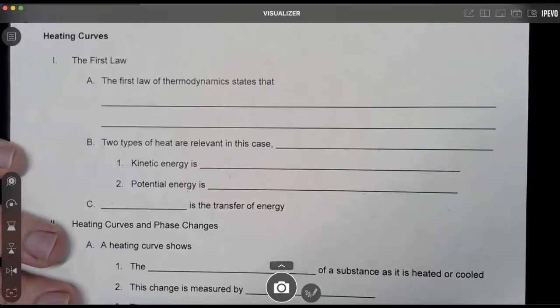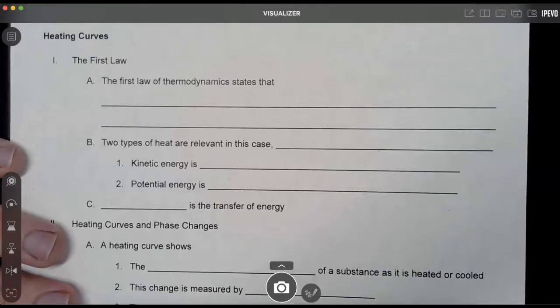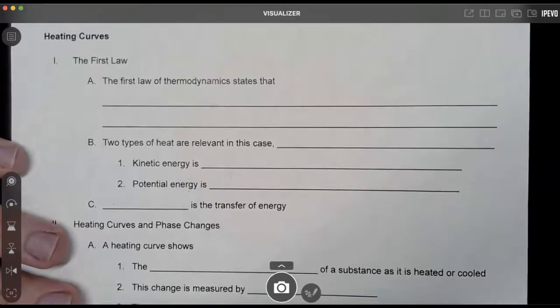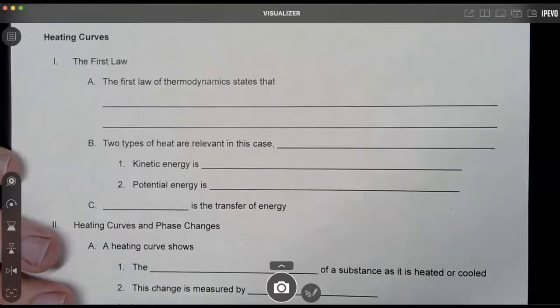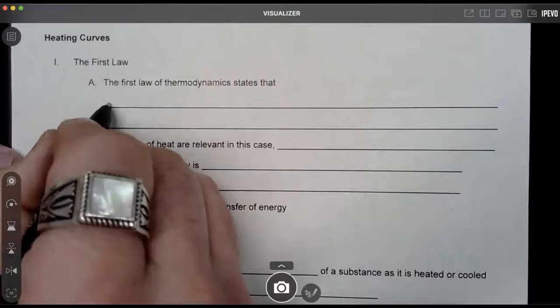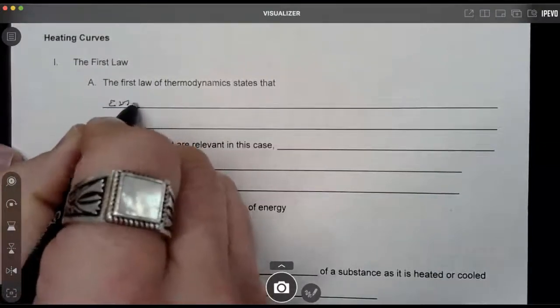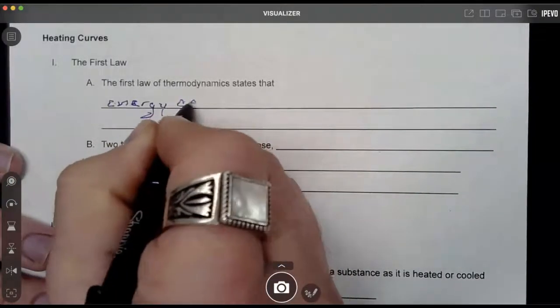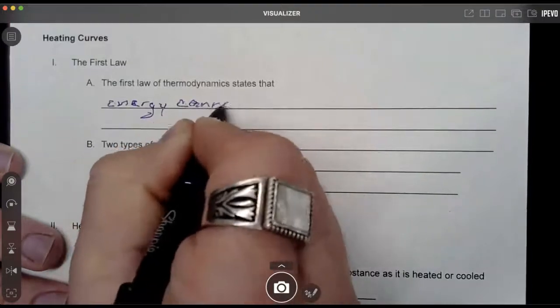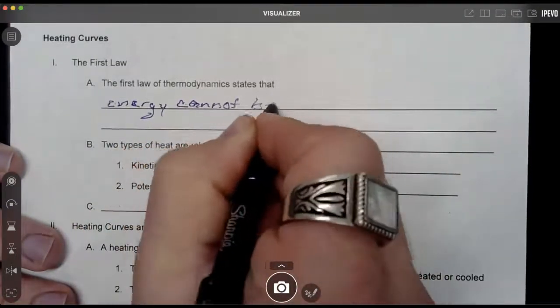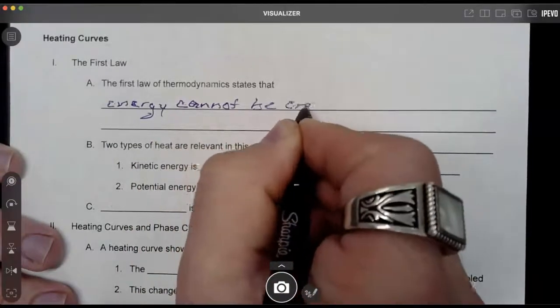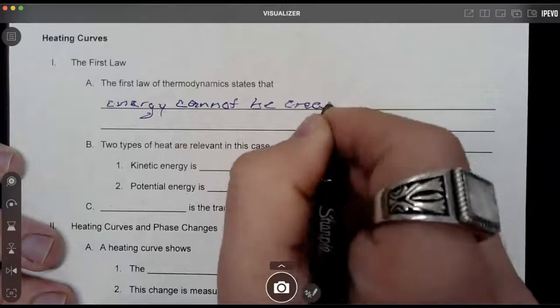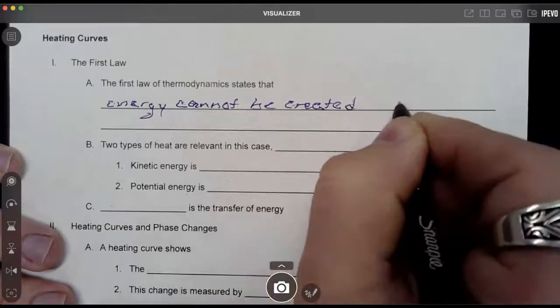So when we talk about heating curves, the first thing that we want to talk about is the first law of thermodynamics, because essentially what we did in the lab was we changed the thermodynamic state of something, the ice and water. Now, the first law of thermodynamics states that energy cannot be created or destroyed. So really what that means is energy is transferred,